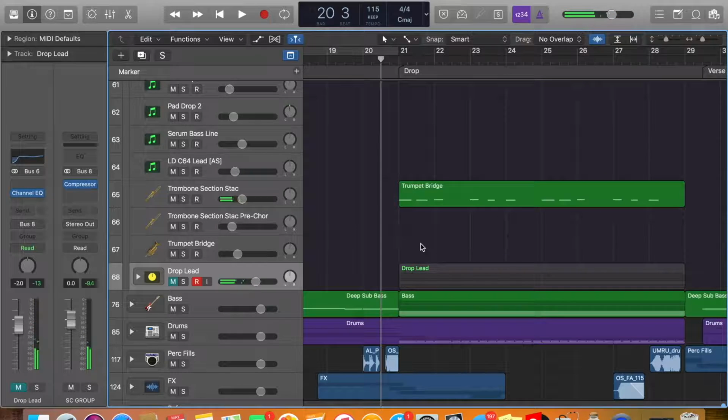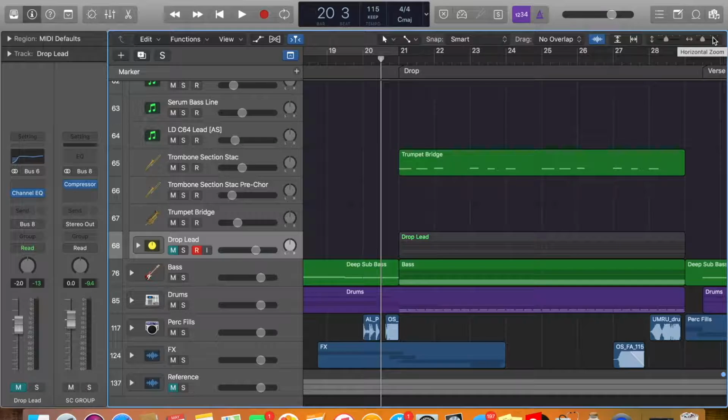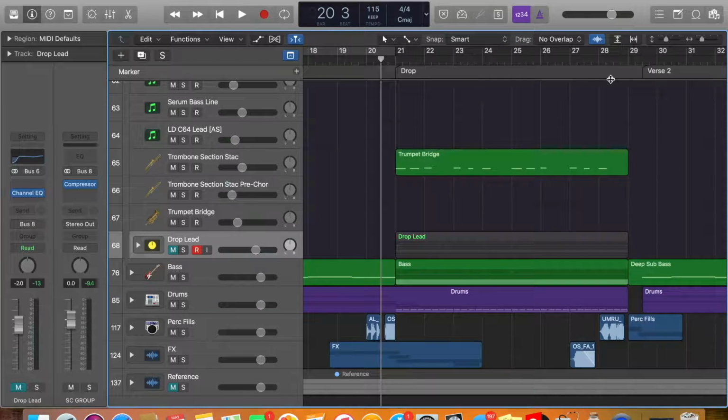So aside from that main hook, which I wrote at 2 o'clock in the morning, everyone was just having a party, everyone was drunk and having fun, and I just really wanted to get this done. This was right before I was going to Hawaii or something, and I didn't have a lot of time to work on it, so I wanted to get a bunch of it done. So I just sat down for like an hour, and this is when I wrote this drop, and it was like, okay, this is really cool. I asked Leah to listen to it, and she was like, this is amazing,